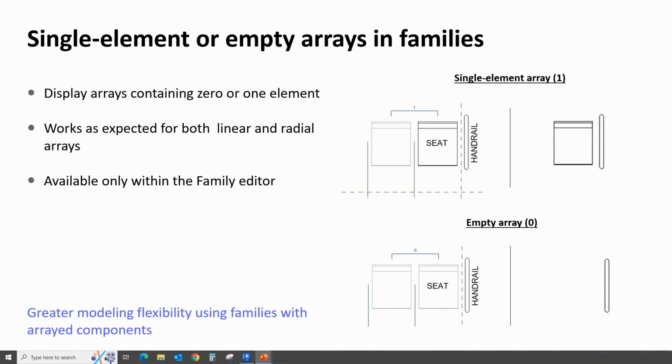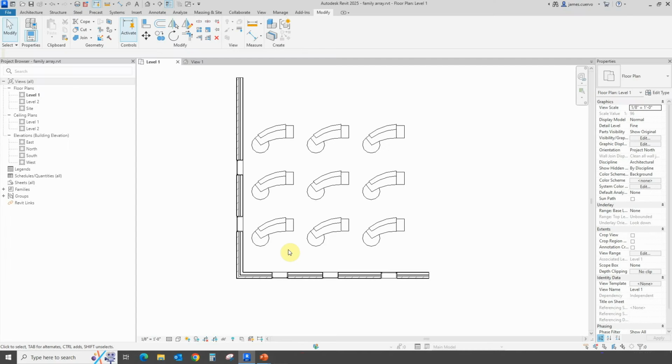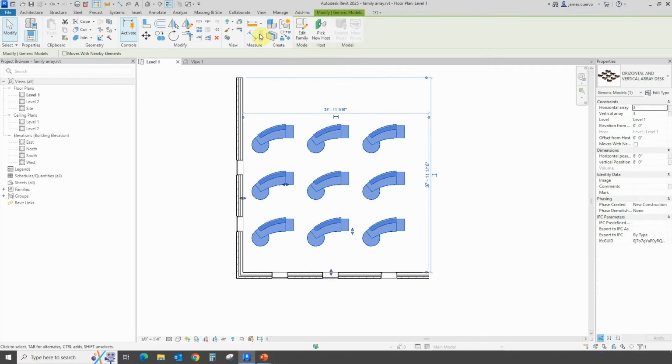Okay, so you create the family array within the family, and this will allow you to then create the parameters necessary to be able to then control it in your project. Now let's go ahead and see how this works and how we can put it together. As you can see here, we have an array already set. If we select it, we realize that this in fact is a family because it allows us to